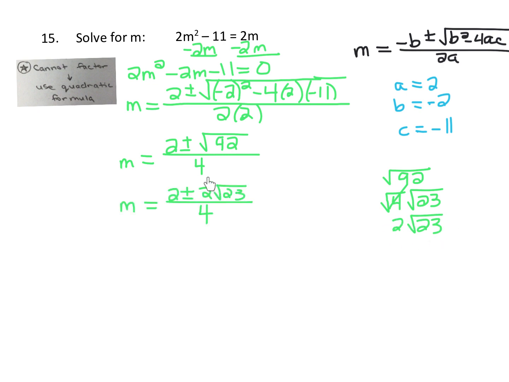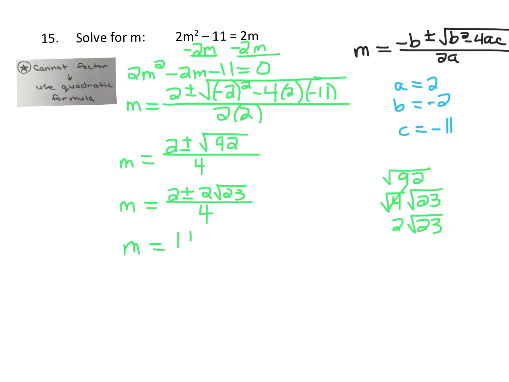Okay, so now that we have a number in front of our radical, now we can look and say, you can only simplify all 3 of these, not 2 out of 3 of them, all 3 of them. So you want to look and say, well, what's the biggest number that divides evenly into all 3 of them? 2 is, right? So 2 divided by 2 is 1. Same thing here, 2 divided by 2 is 1, and 4 divided by 2 is 2. So we're going to change these to a 1 and a 2. So m equals